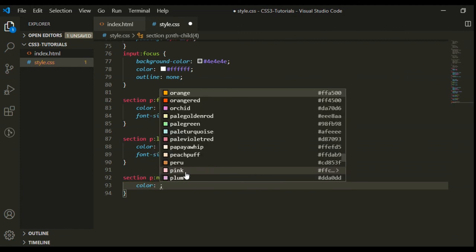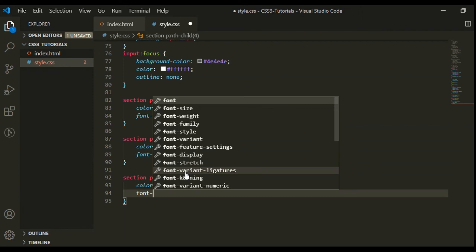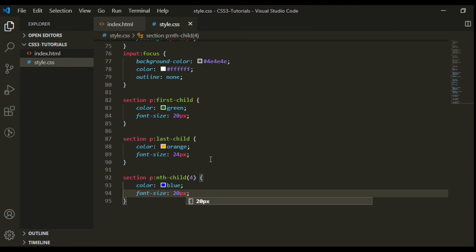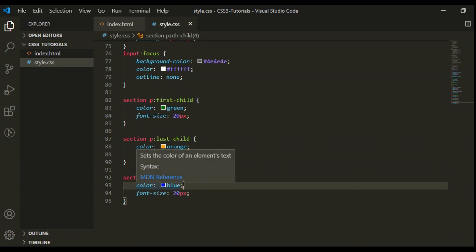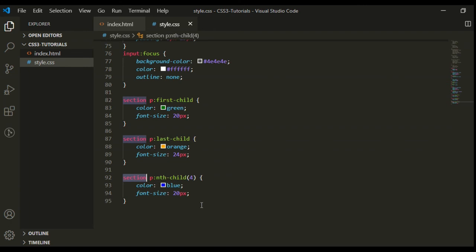You can give the color for this, it's blue, font size 20 pixel. So now you can see we have written the CSS for first child element, last child element inside this section, and the nth child. Here nth child is fourth child, means fourth paragraph child element inside this section.